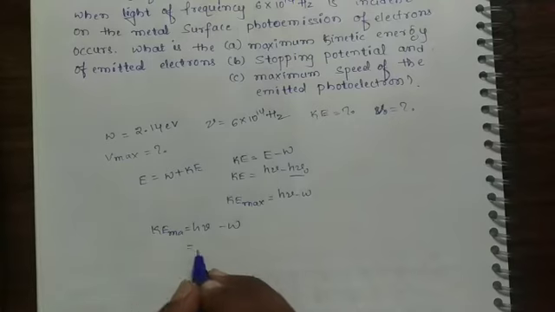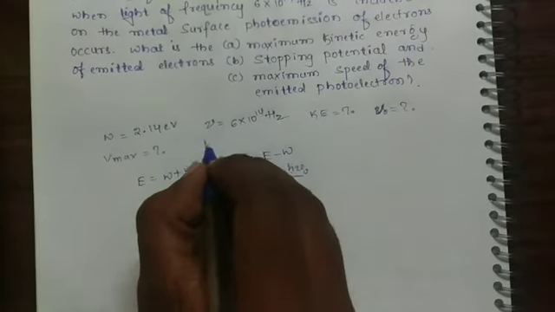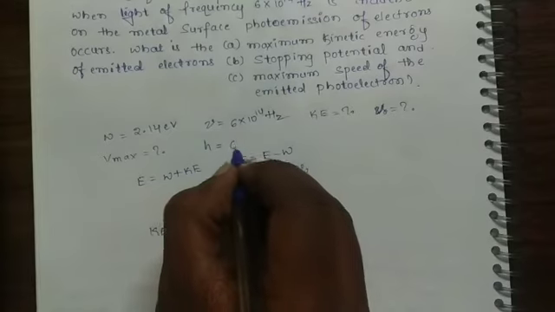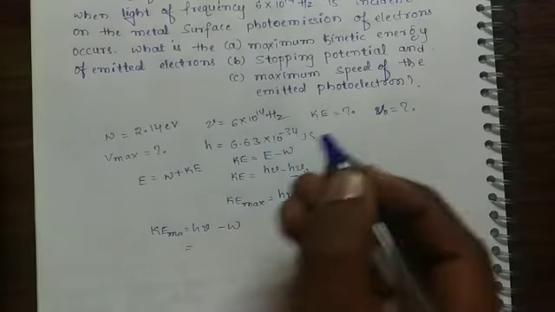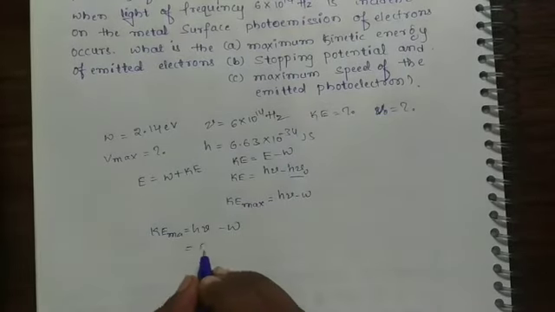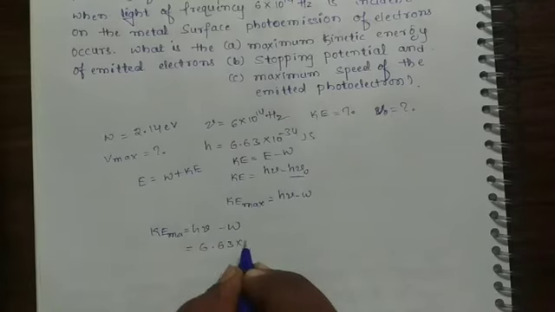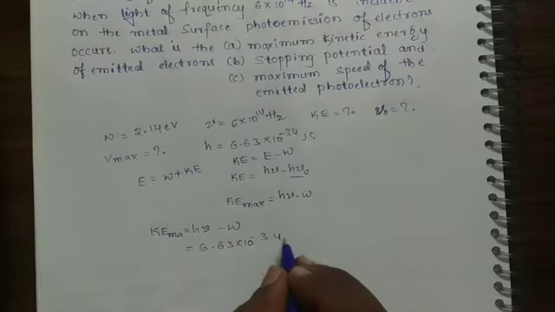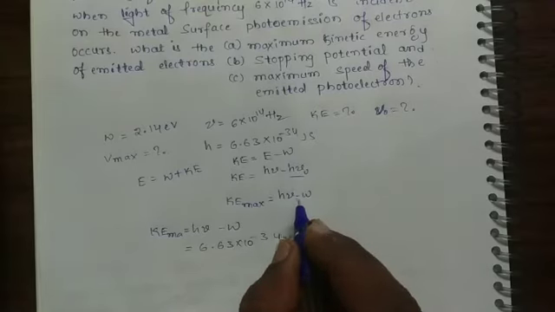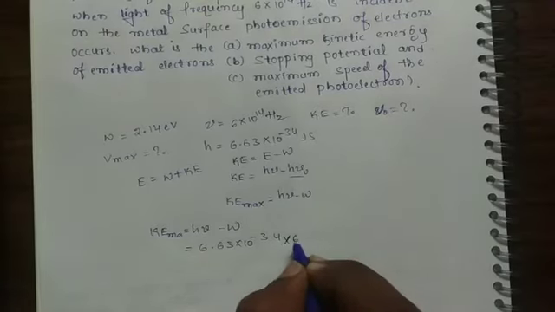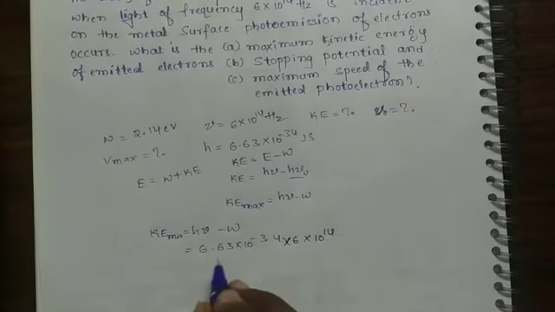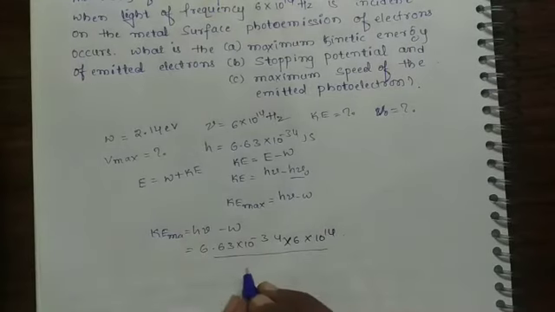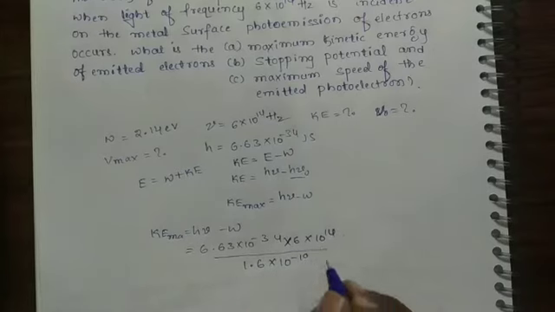So here h value means the Planck constant. h is equal to 6.63 × 10^-34 joule second. Here h is 6.63 × 10^-34 joule second, into nu. The frequency is 6 × 10^14, and we consider this value in electron volts, so we divide by 1.6 × 10^-19